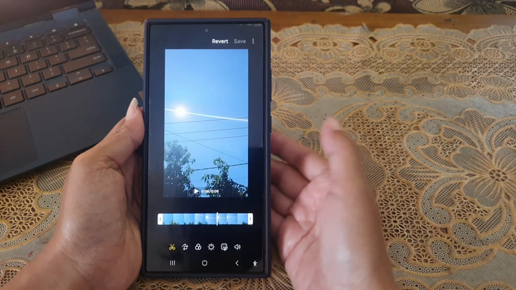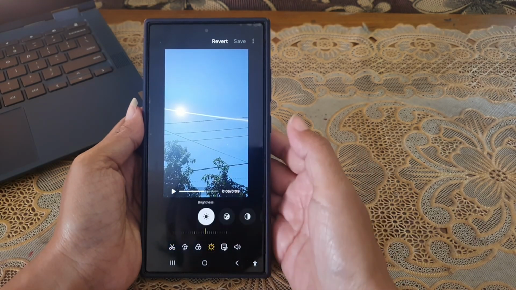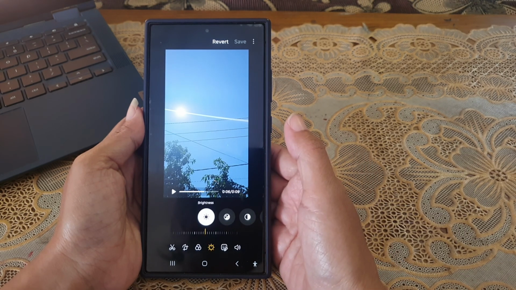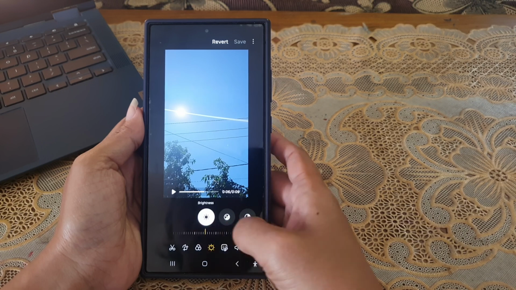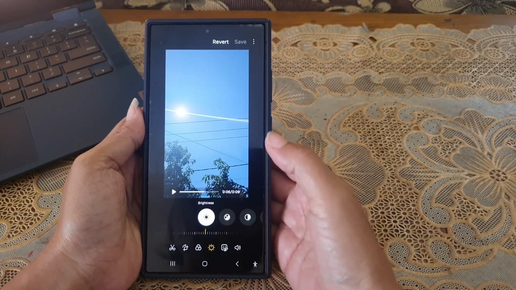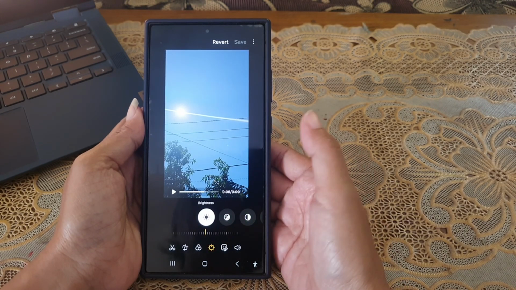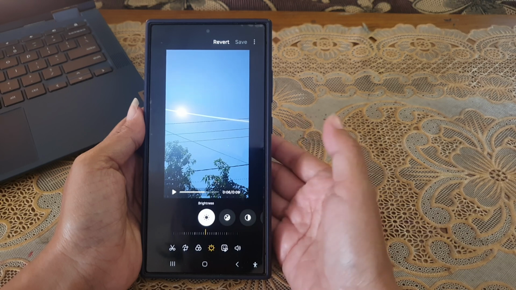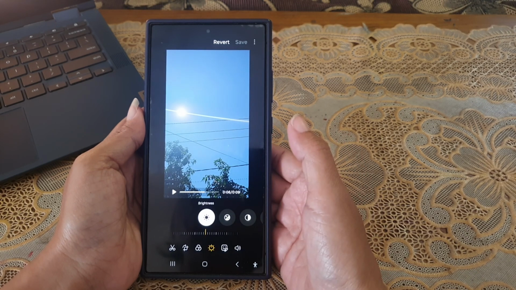Tap the tone icon at the bottom of the video. While you are in the brightness section, you can slide the brightness adjustment bar to the right or left to adjust the brightness level. As the example, if the video is too bright, you can decrease its brightness level by